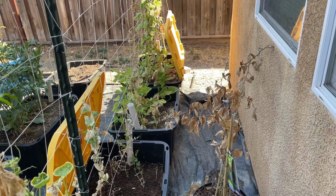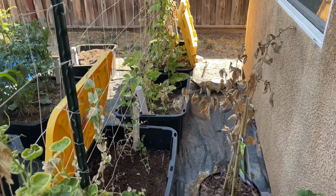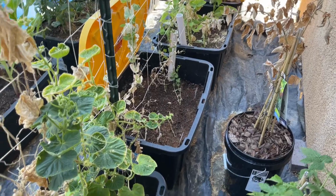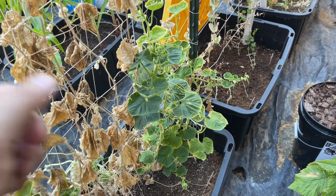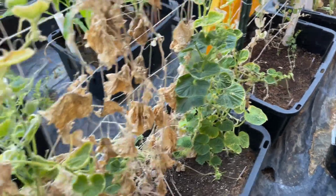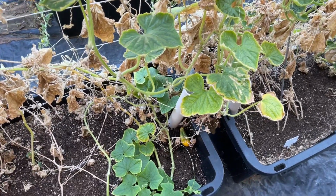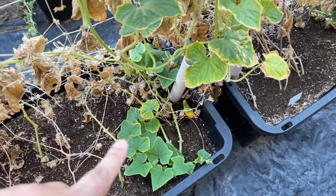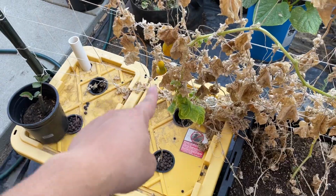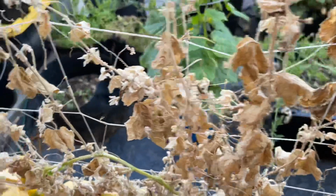Just too hot for some of the plants, the smaller plants. I mean, the beans are growing, but they're not really doing a thing. The snap peas, something's eating the leaves, and the heat. This green apple cucumber, it's nice. It's green, but I think the heat's just stunting it. And here's just what's left of the diva cucumbers. And from watching different videos the last week or so, all these funky deformed cucumbers apparently are due to poor pollination. So anyways,